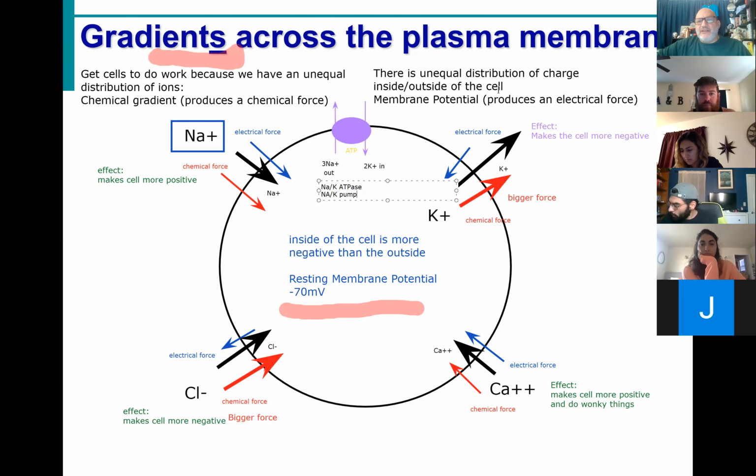Because sodium is constantly sneaking in, and when it sneaks in, we have to kick it out. And potassium is constantly leaving, and so we have to bring it back in. So when a cell is at rest, not doing any other work, it's still very active, and about 25% of its ATP is just used to maintain this sodium potassium